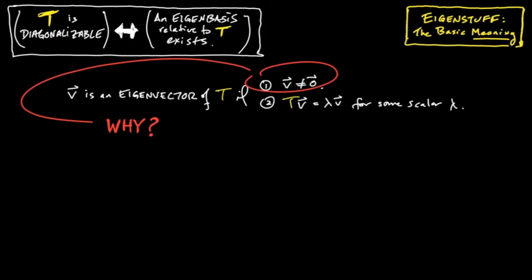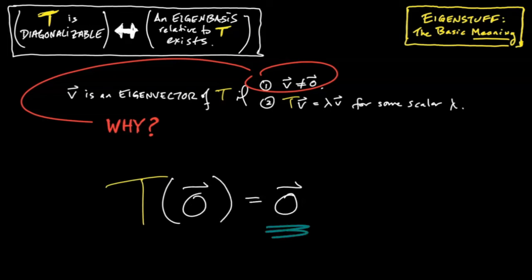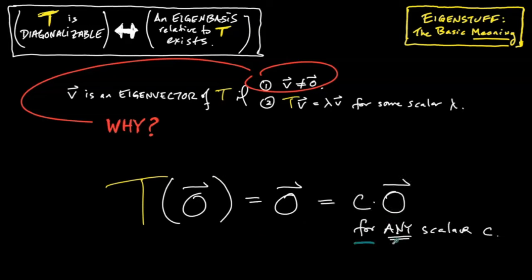And the question is, why did we impose that condition? I mean, the definition of an eigenvector is a man-made thing. We could have left that out, right? Well, we could have, yes, but then we'd have a very awkward situation, because suppose we allowed the 0 vector to be considered an eigenvector. Then what would its eigenvalue be? I mean, think about it. A linear map does what to the 0 vector? As we all know, it sends it to the 0 vector. But I could rewrite the 0 vector as c times the 0 vector for any scalar c whatsoever.